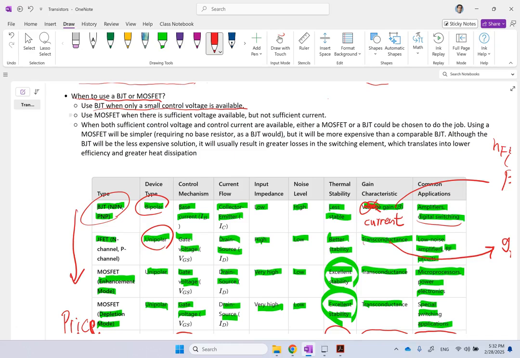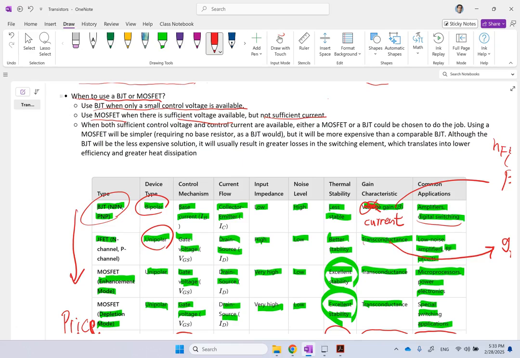On the other hand, we use MOSFETs when there is sufficient voltage, but not sufficient current. Because BJTs are current driven, MOSFETs are voltage driven. So voltage is not the problem with MOSFETs, it's the current. And so when there is a small current, we can use MOSFETs, and when there is a small voltage available,